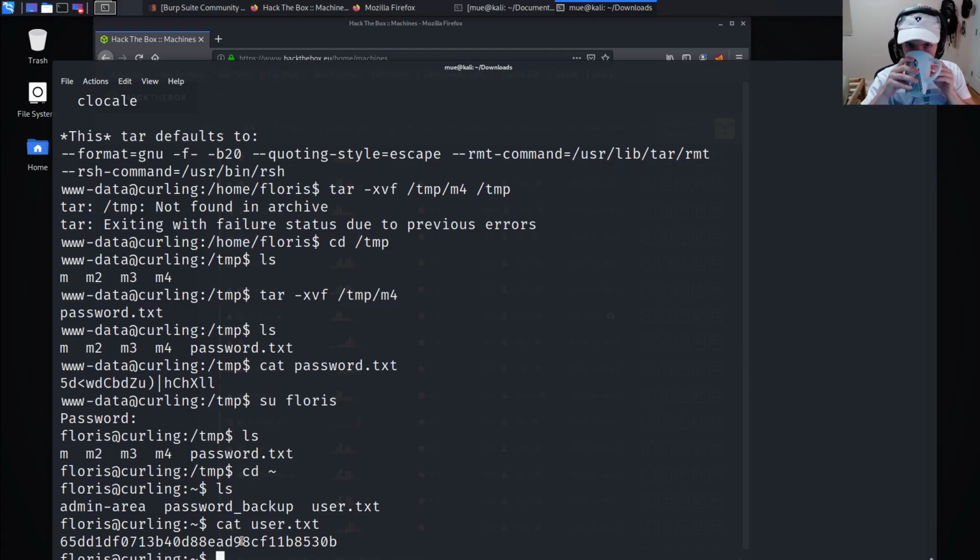But hopefully it doesn't take too long from here. Wait a few seconds. So, yeah. So now a good way to, once you have user access on the machine. Oh, you know what? Actually,